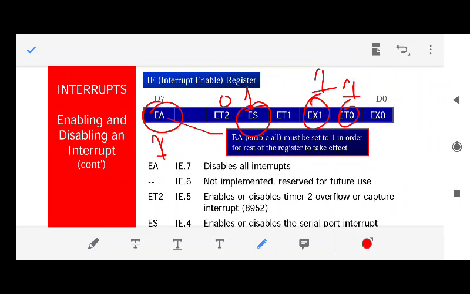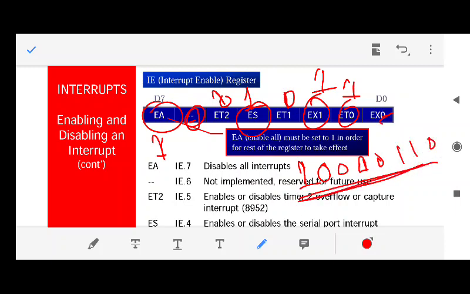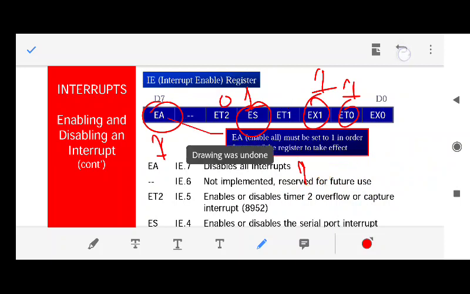Fine. So what is the combination of this register? This is 1. This dash means it can be anything, either 1 or 0, it doesn't matter. So you keep it 0, then 0, then 1, then this also 0, then 1, then 1, and this also 0. So this is the combination to be written: 1 triple 0, 0 double 1 0. That means 1 triple 0 means 8, and 0 double 1 0 means 6. So I think yes, this would be 86H. It should be 86H. Fine, let's see.